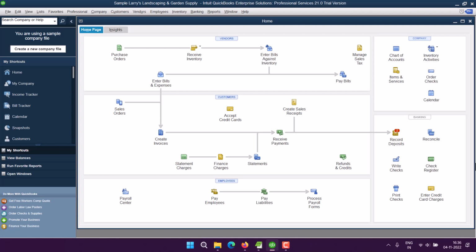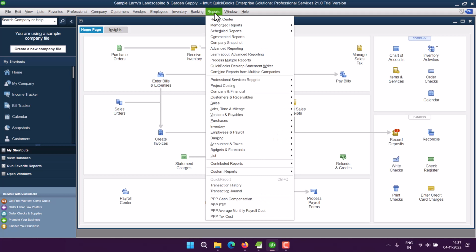Okay, so let's take a look at how you can use reports in QuickBooks. So first thing, open QuickBooks. In my case, it's a sample company, which is a service-based company for landscape and gardening. And here at the top menu, there is an option for Report Center. Click on that